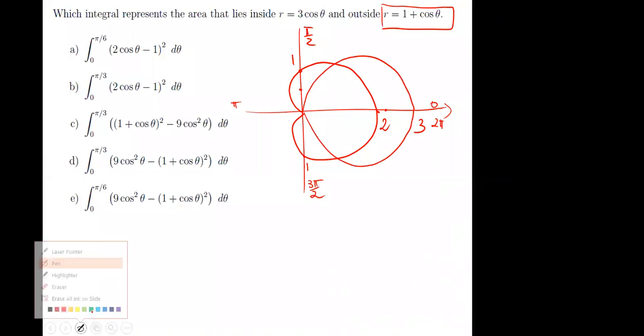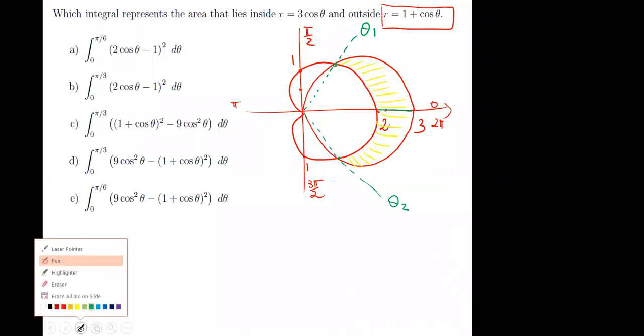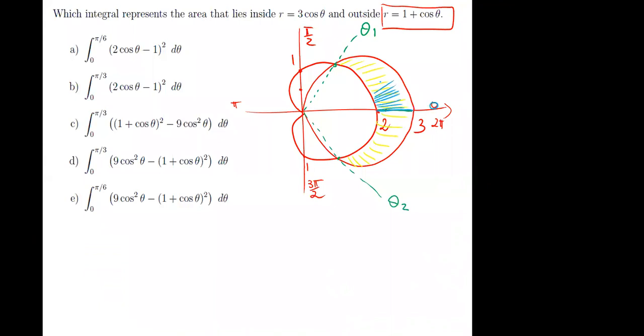Okay, good. And we are looking for the area inside the circle and outside the cardioid. We need points of intersection. That's the points of intersection. Let's say theta 1 and theta 2. But I will definitely use the symmetry. I will integrate from 0 to theta 1 only. It means my integral, which represents the area, is from 0 to theta 1, we will find